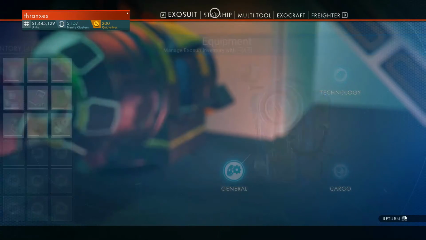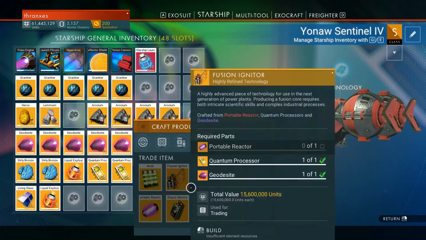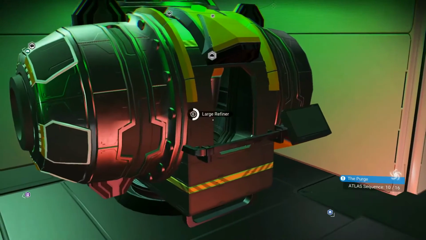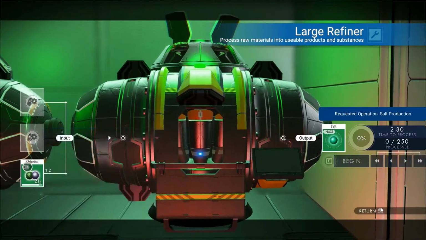What are they called? Drawing a blank. Fusion igniters. I knew that. I should have said that. I thought that was the intermediate device. Fusion accelerators, fusion igniters. Okay. If we wanted to make 10 fusion igniters, it actually would have taken a lot longer